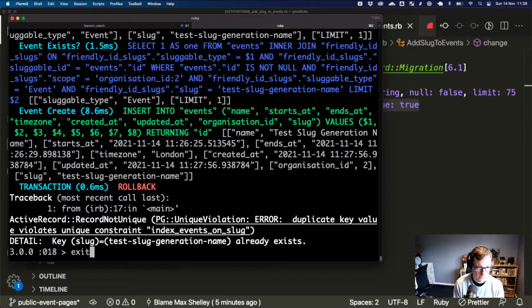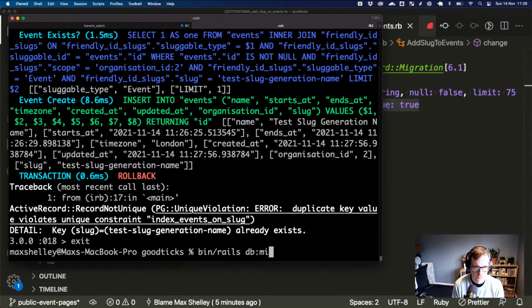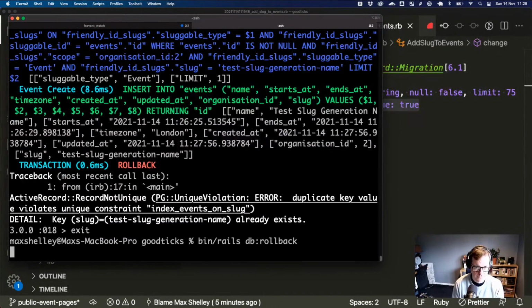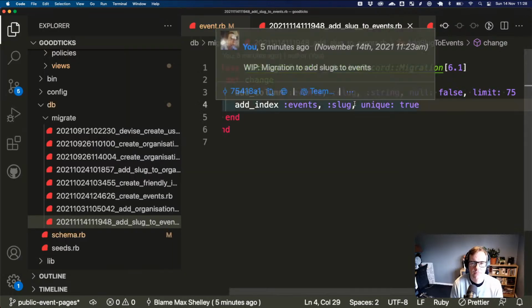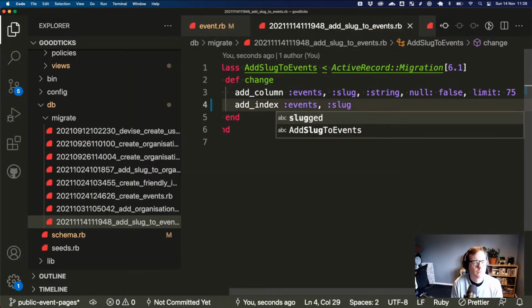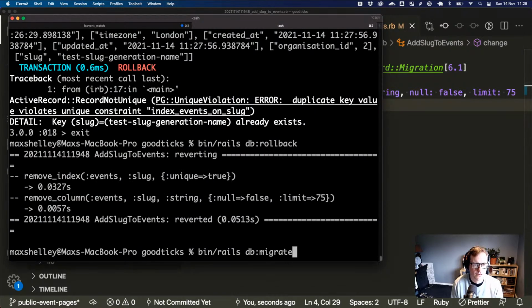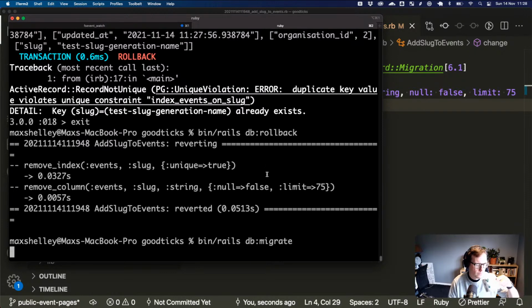We can drop out of here, roll this back. Change this. And then run the migration again.